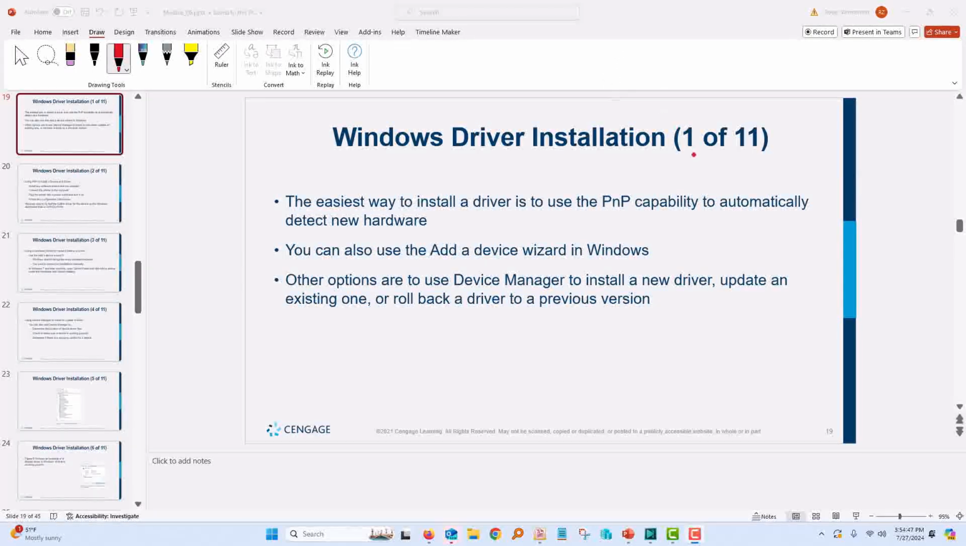This next section is 11 slides long, as you can see here, and I'm not going to go slide by slide through this, but I'm going to show you a few tricks and give you a few pieces of advice about installing drivers in Windows. First of all, this mentions that the easiest way to install a driver is to use the plug-and-play capability